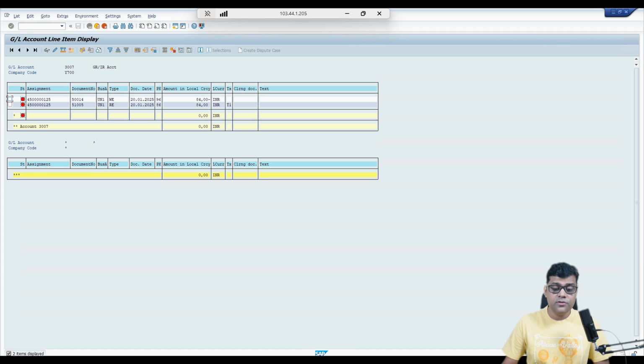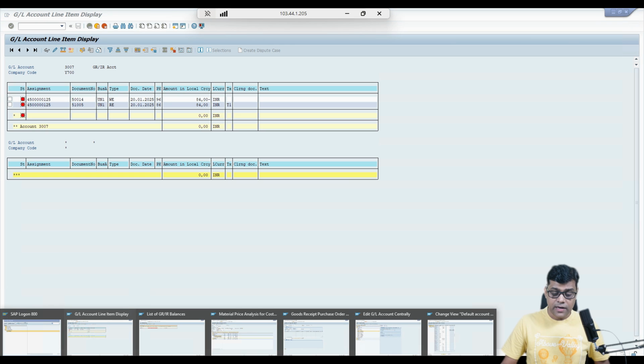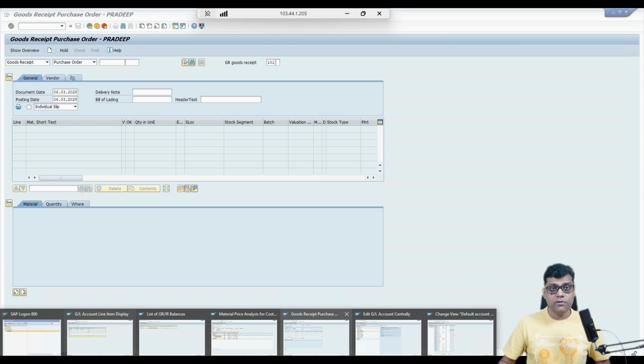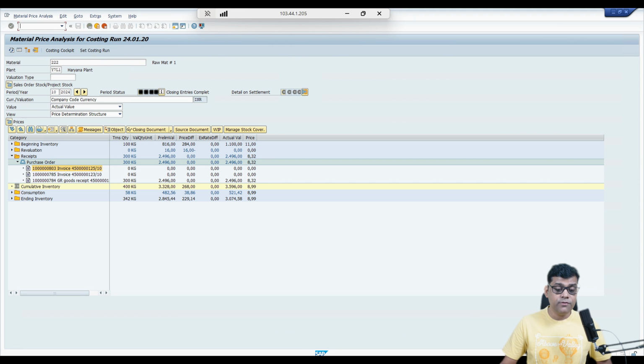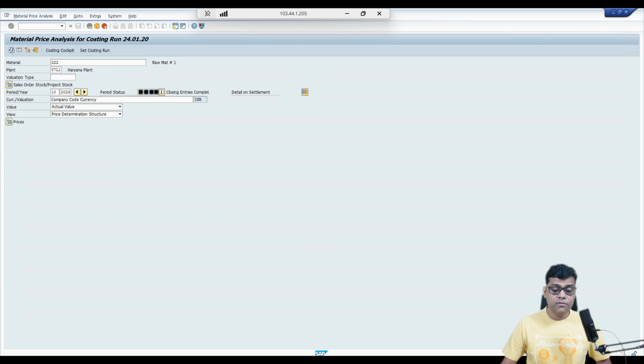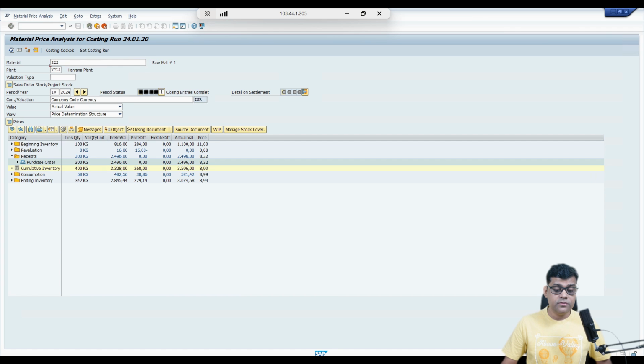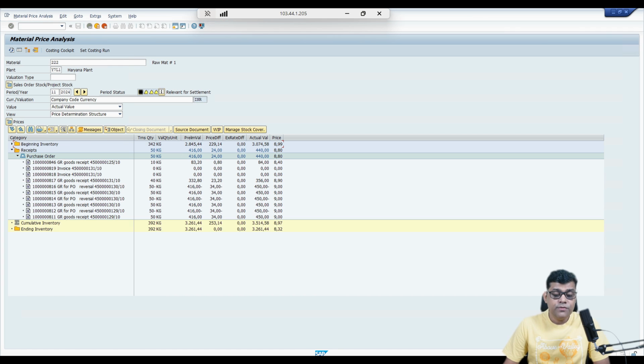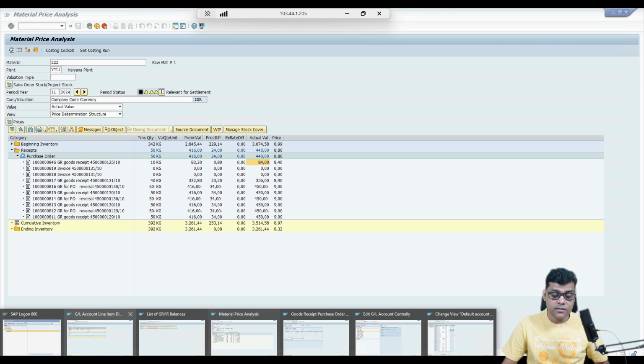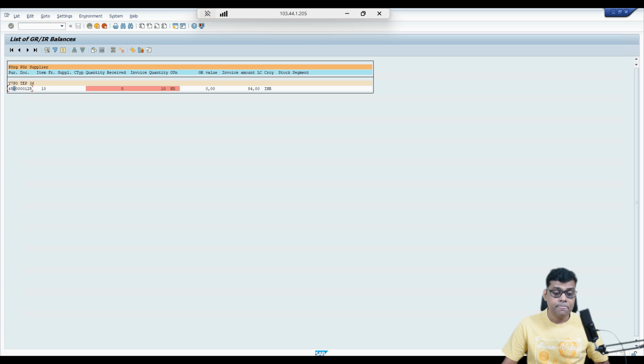So we posted the credit entry. Initially the debit entry was there, and GR was not posted. As GR was not posted, that's why some difference amount was there. Now we will verify whether inventory was received against that particular purchase order. With reference to that purchase order, you can see 10 kg of inventory posted. So the wrong entry was corrected with the correction entry, but this GRIR account balance is showing